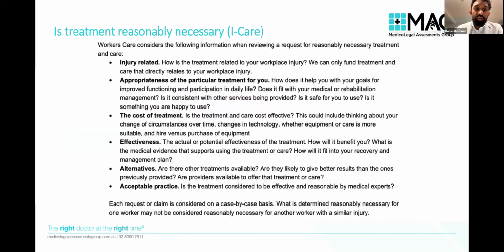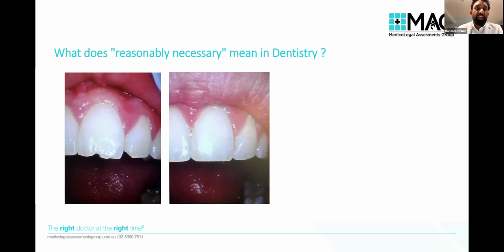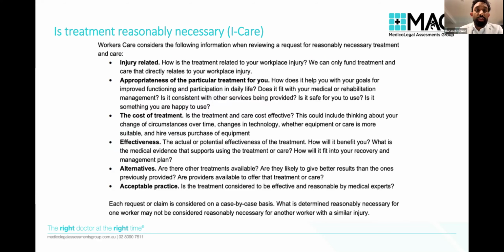Now, in my mind, that's not reasonably necessary and it's not compensable, very clearly. Even though it's an accepted option for treatment planning, and in normal private practice situations you're well within your right, as a patient with informed consent, to agree to a treatment plan where you're having a cosmetic uplift to all of your teeth. However, it's definitely not returning the patient to their pre-injury state. In fact, you're completely altering or augmenting their original state to a new enhanced state. Some would argue enhanced state. I would argue that it's probably just over treatment. And that's an example of whether the appropriateness of the particular treatment checks out or not.